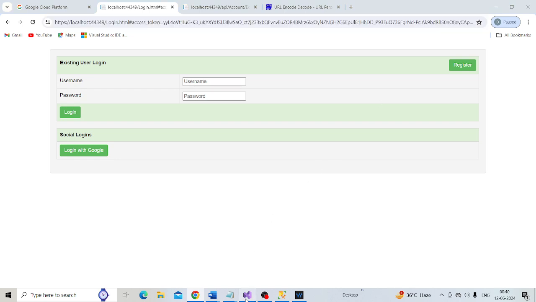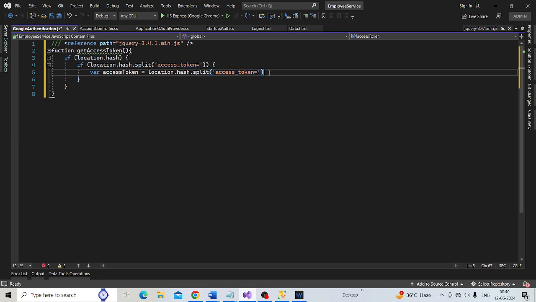So go to the coding, and let's call again the split function. And this time we want to split it using the ampersand character.